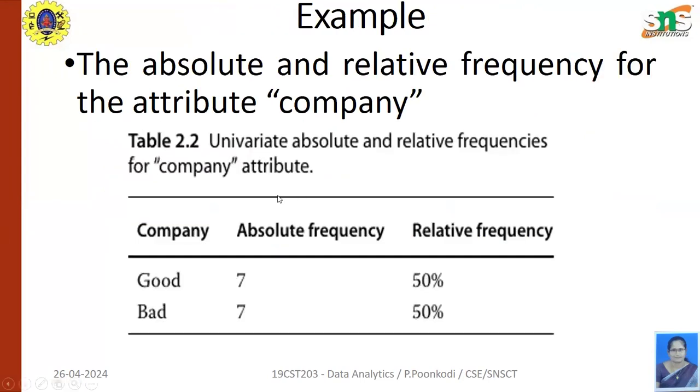And this is the example for the univariate frequency. Absolute and relative frequency for the attribute company. The absolute frequency is considered as 7. The company is a good company or a bad company. The relative frequency will be represented as a percentage, and the absolute frequency will be